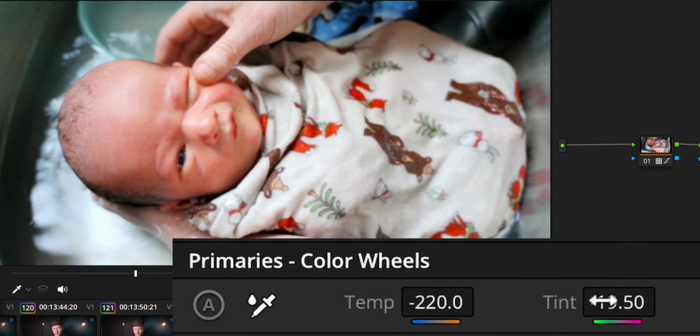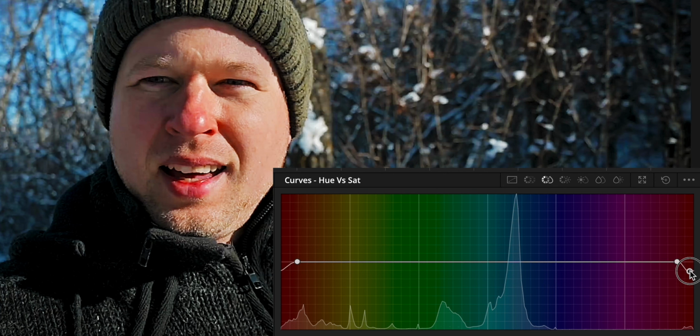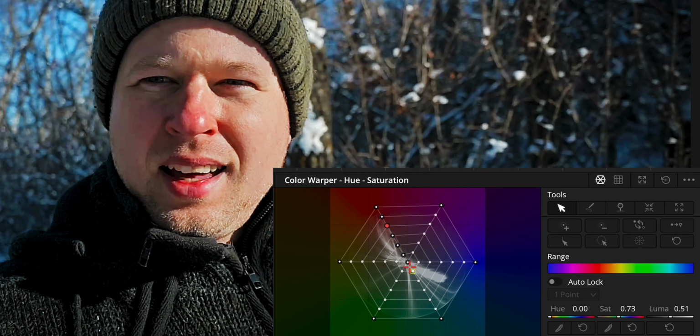Now, the only caution that I have with these color correction LUTs is that because Nikon cameras tend to favor the greens, that means that when you restore the reds, sometimes they can pop a little bit too much. And so sometimes you just have to go into your hue versus sat and just bring down the saturation on those a little bit. Or alternatively, DaVinci now has this cool color warper tool, and you can select the red color range and